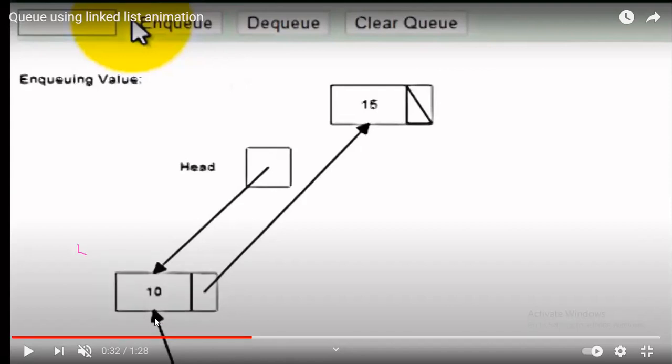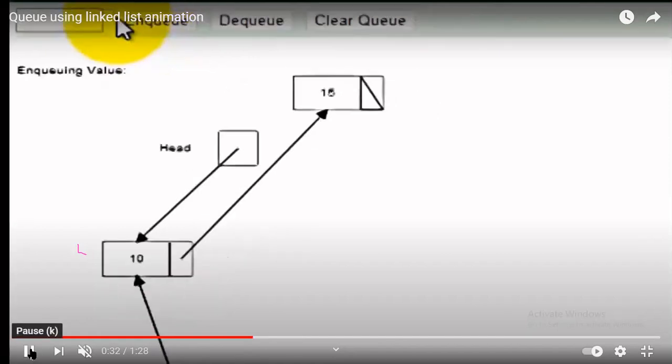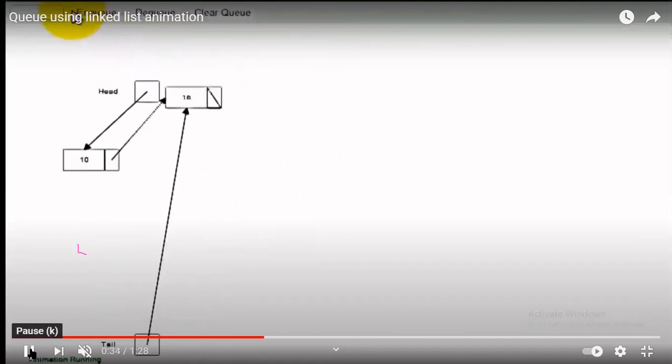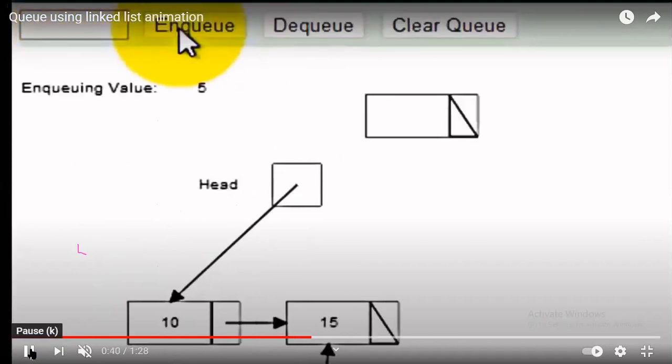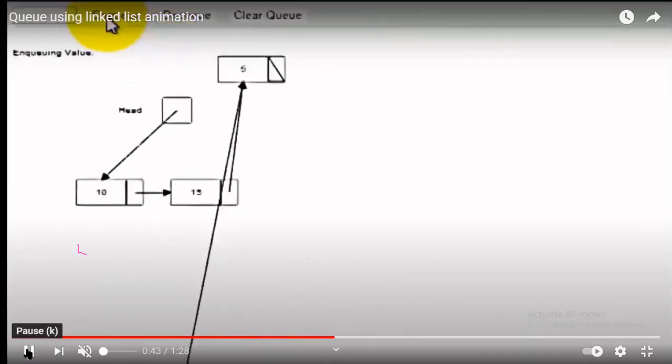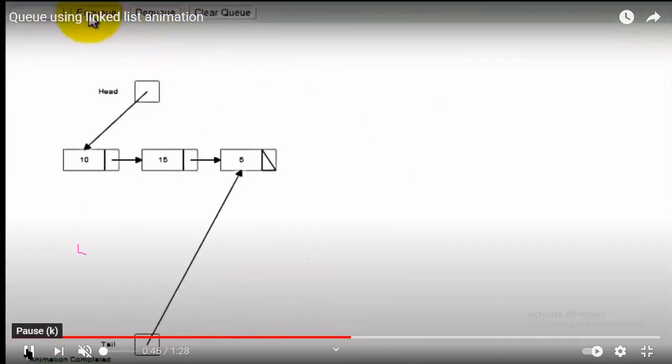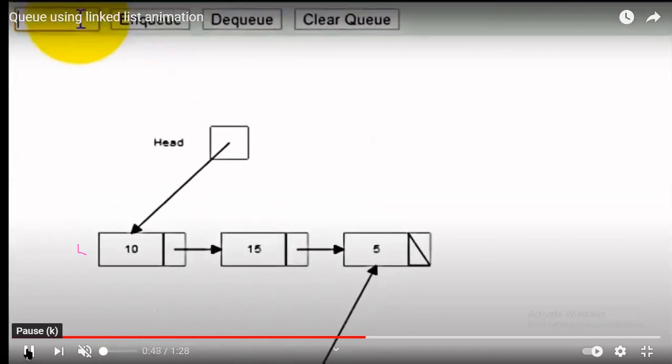We have to update this tail, and also we have to connect it. See, the connectivity, the tail has been updated. Now again, you see one more NQ operation, that is NQ 5. A new node is created, the element is inserted, then connectivity is formed with respect to the last node, and the tail has to be updated. We are updating only the tail, not the head. Remember, we are updating only the tail, not the head.